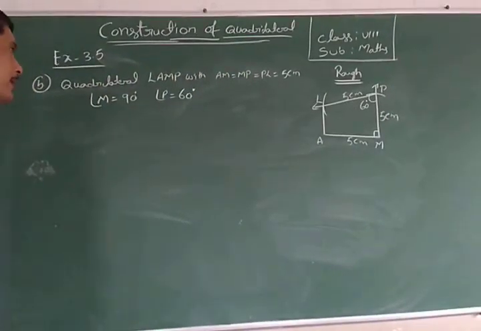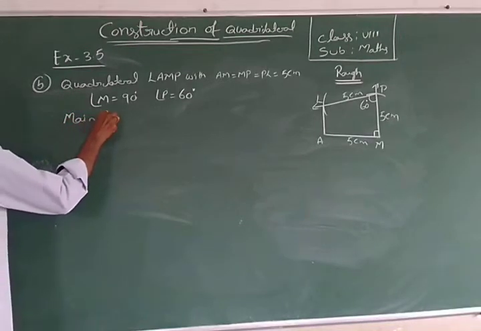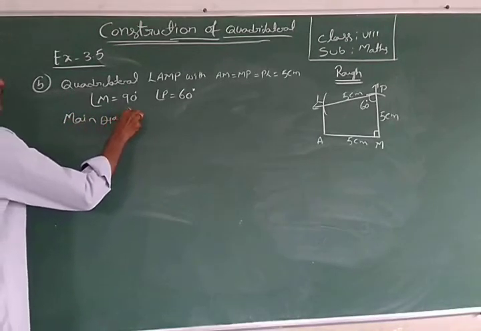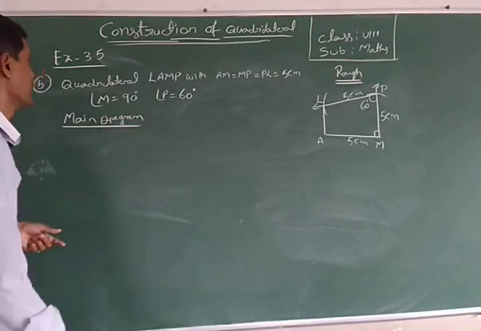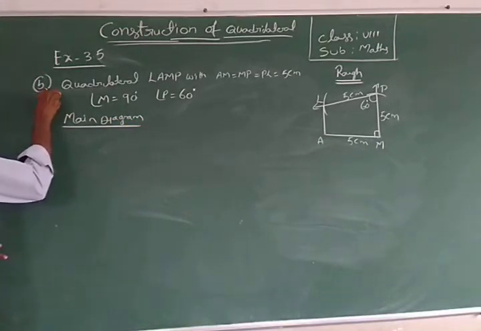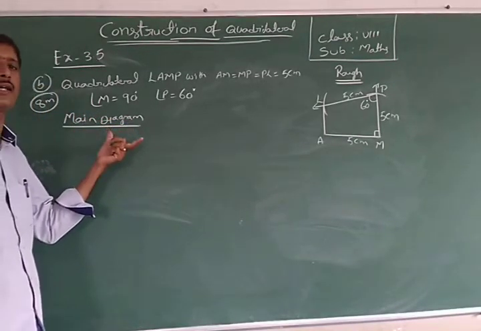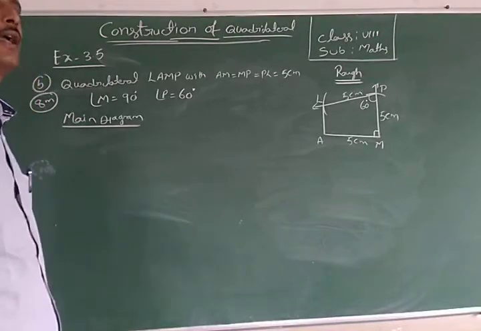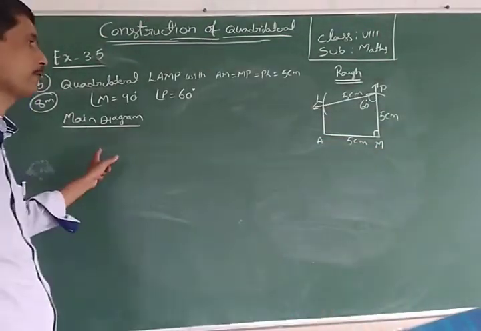Okay. First draw the main diagram. That is very easy. Constructions are very easy, and in the exam also that is an 8 marks question. In any exam that is 8 marks, in an FA exam that is a 4 marks question, and in summative exams or any other exam that is an 8 marks question. Summative 1, summative 2 or whatever it may be, even the final.